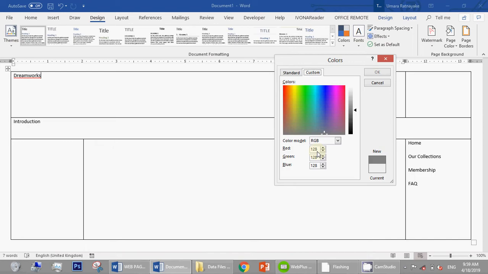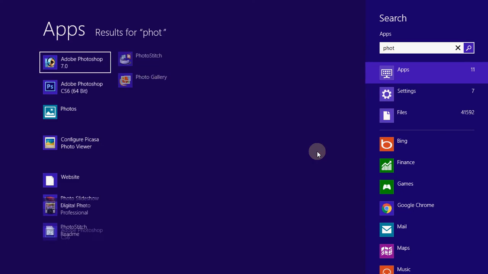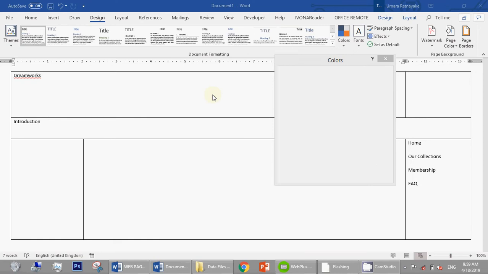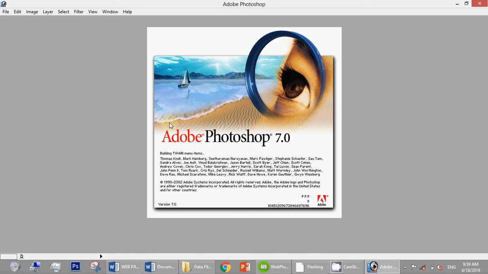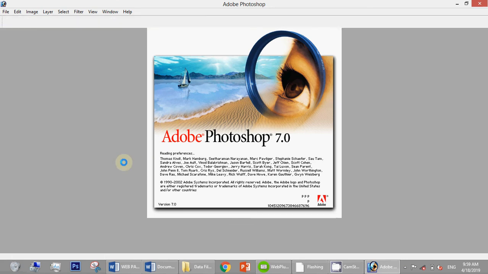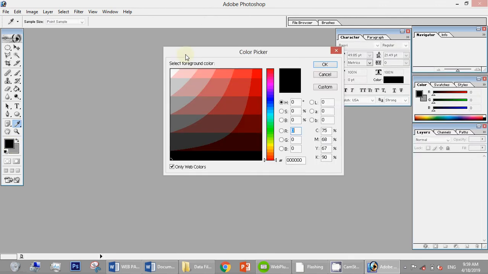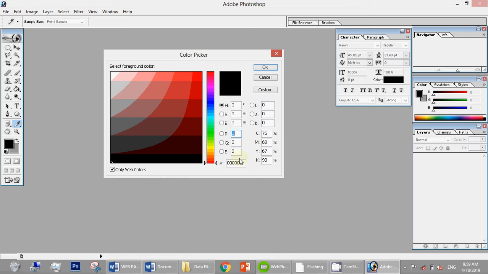So in this case what we can do is open up Photoshop and click on the color palette there. Photoshop allows both RGB and the hexadecimal code. So let me pick a random color here, and here I have the hexadecimal code 3399CC. Assuming that this was the color code given in the paper,